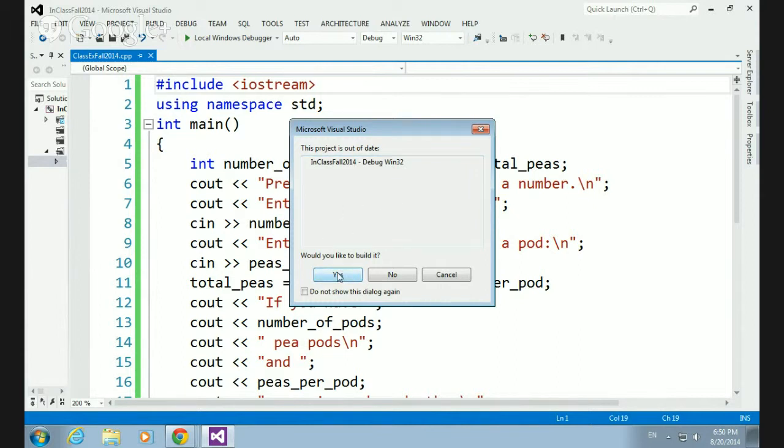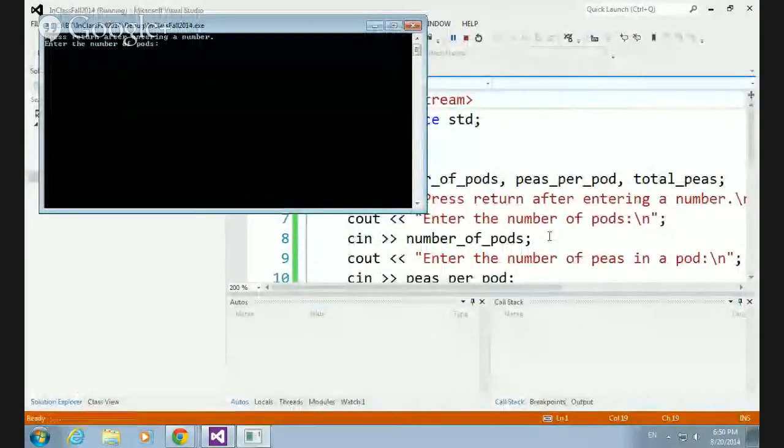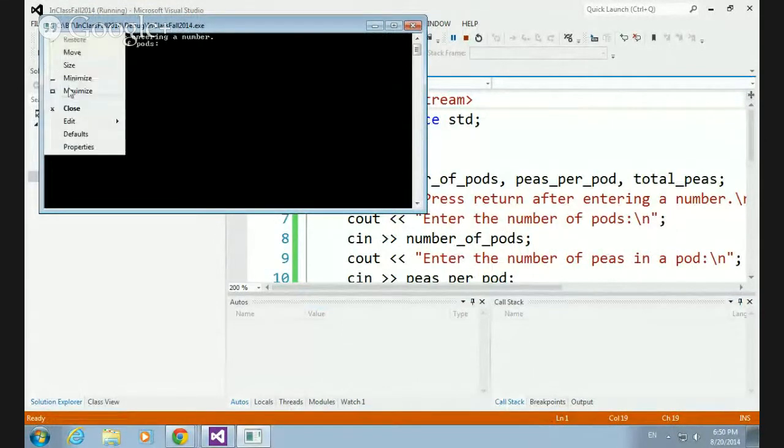Would you like to build it? You're always going to say yes, I would like to build it. You'll see the compiling happen, and if it worked, if everything was successful,